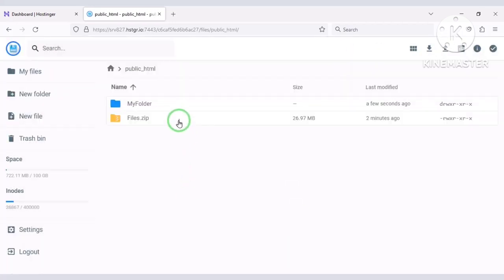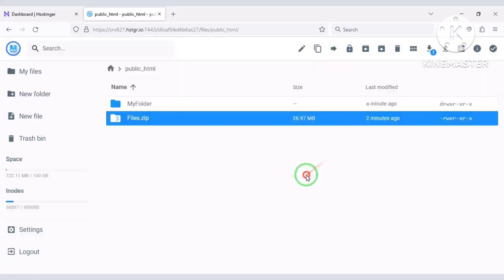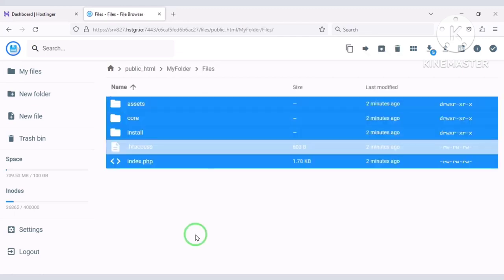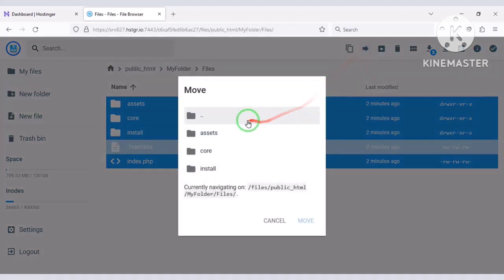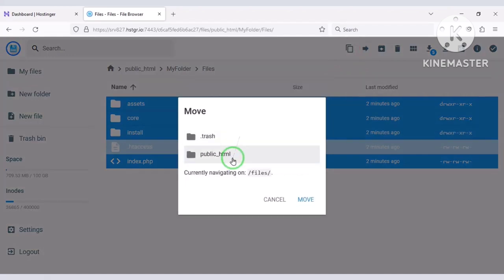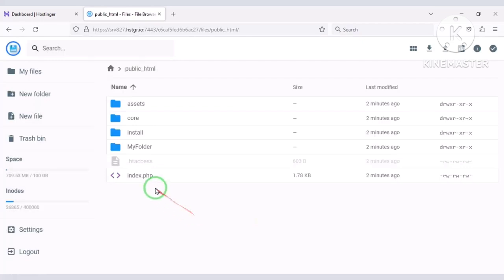Now we will delete this zip file. Now select all these files, then move them to the Public HTML folder. Now delete this folder.